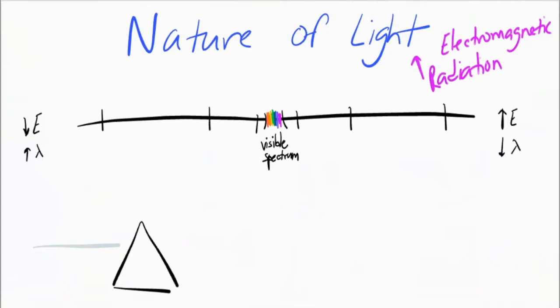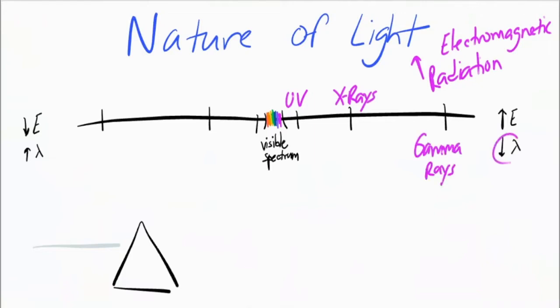However, there are other types of radiation. You go a little bit beyond ROY G. BIV, and you have ultraviolet. Then you have light that can penetrate more matter, more material. You can have X-rays. And then the most energetic, the shortest wavelength type of light we have are gamma rays.